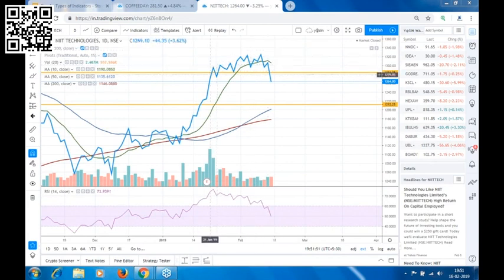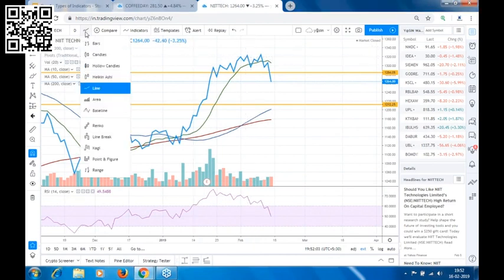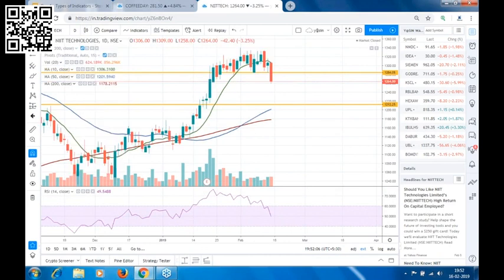So once we get this kind of divergence, that means the trend is about to end. The stock is getting exhausted. Now the stock will either go into consolidation or we can see a reversal in the stock. So as you can see, the stock was in consolidation mode. And yesterday when it broke that level 1282, see the low that the stock has made, it has made a low of 1258.